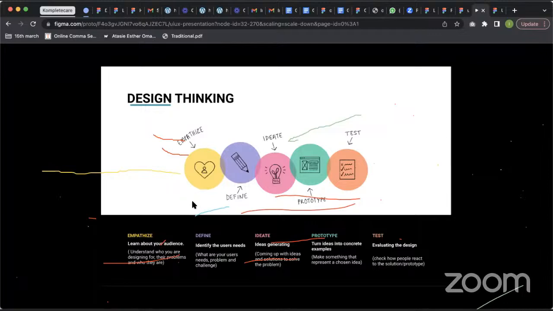Okay, my user wants to be able to order food from any point. She wants to be able to have more time for her work. She wants to be able to take a more balanced diet. She wants to be able to sit in the comfort of her office and get her food delivered to her. You have defined the needs. The next question is, how can we make this possible for her?